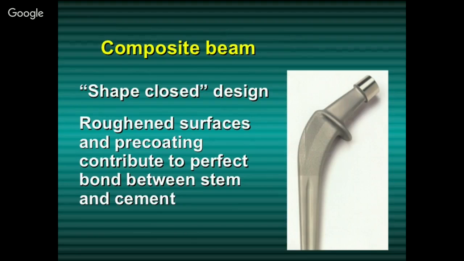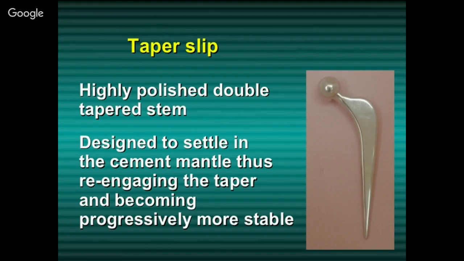This is a composite beam. The surface is roughened, and pre-coating contributes to a perfect bond between the bone and the cement. And this is the taper sleeve philosophy. It is a highly polished double taper designed to settle in the cement mantle, re-engage in the taper and